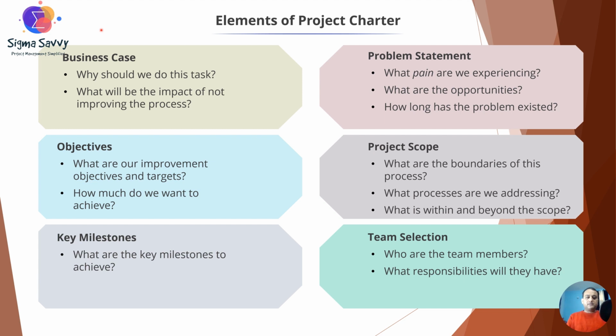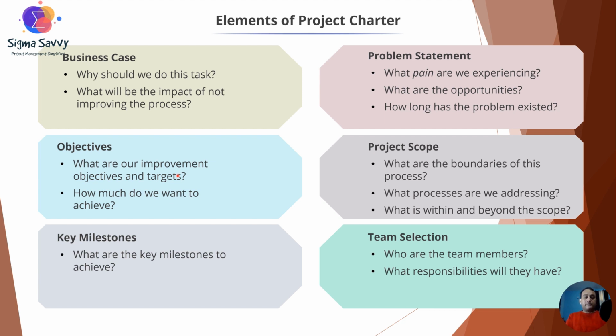Now let us look at the project objectives. Objectives typically include the following information: the key performance indicators, KPIs, that will be used to measure the project success and the progress, the target values and the thresholds that will be used to evaluate the project performance and quality, the time frame and deadline that will be used to complete the project objective, the alignment and contribution of project objectives to the organizational strategy and goals.